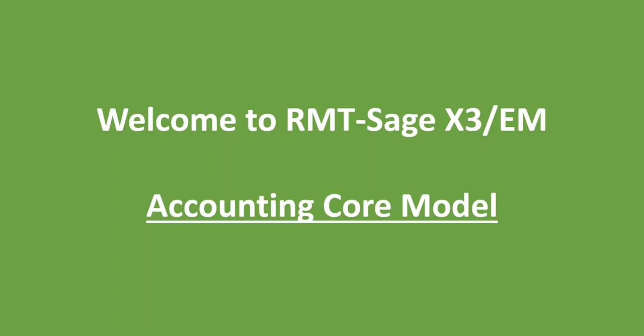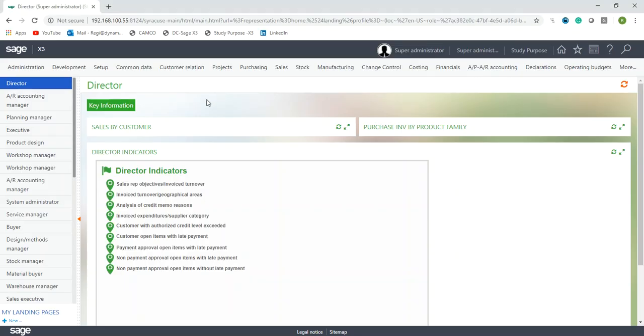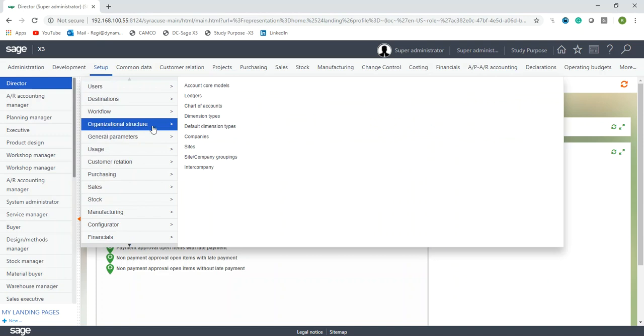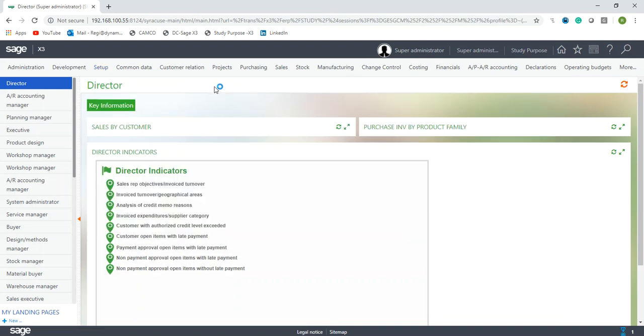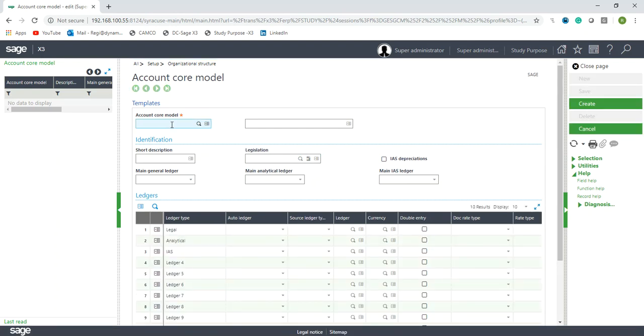To understand this configuration, we have to log into Sage X3, and you can access the accounting core model under organizational structure from this area. So this program will allow you to create your accounting core model with the data of your ledger and some other information as well. You can create an accounting core model by clicking the new button,